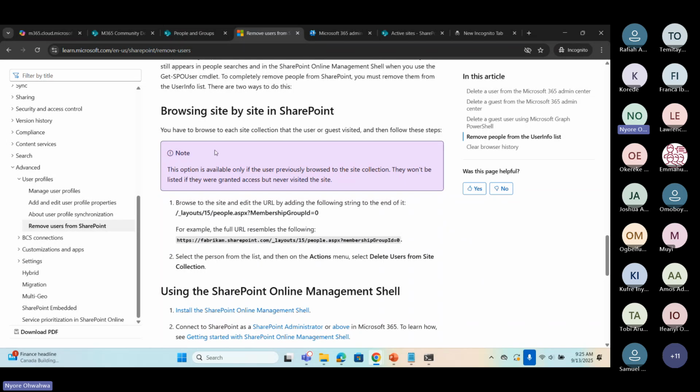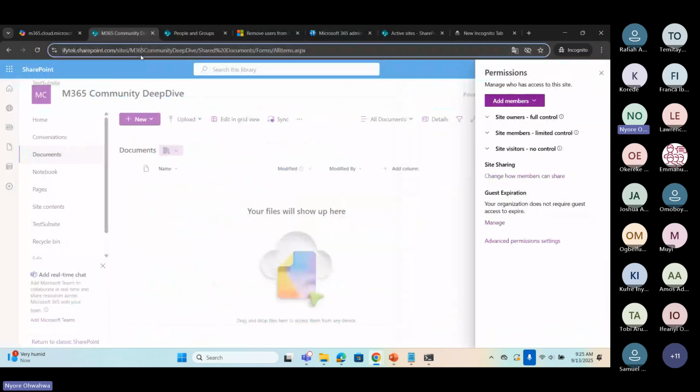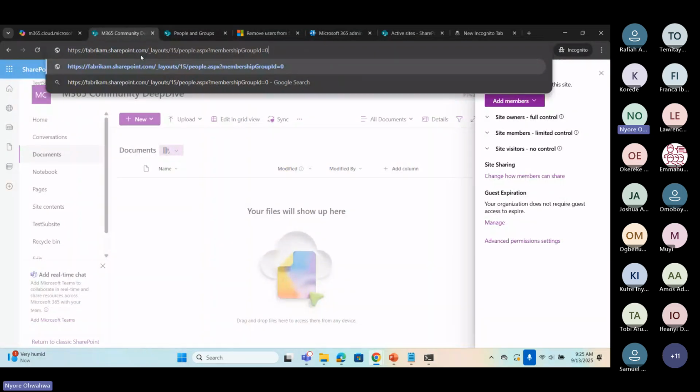From here, you can see that it says you have to browse to each site collection that the user has visited and follow the steps. So these steps are basically steps to remove a user completely from a site, right? So you can copy this URL and just replace it with your tenant name. So let's just do this, so it will be easier for us.